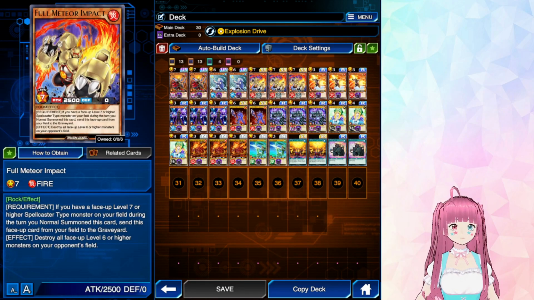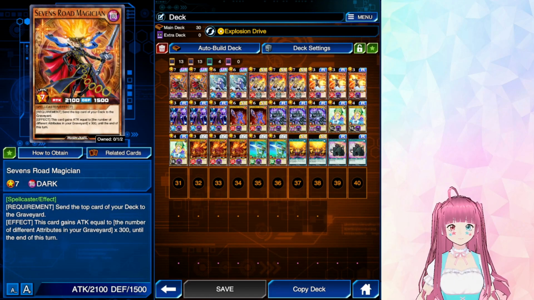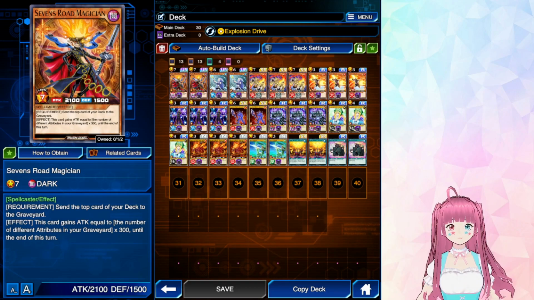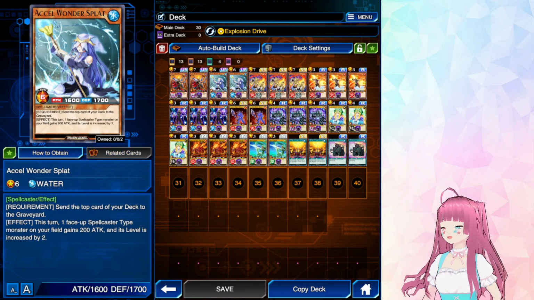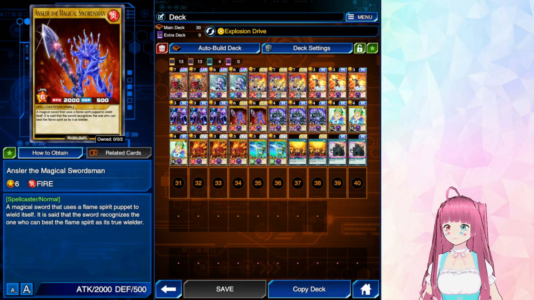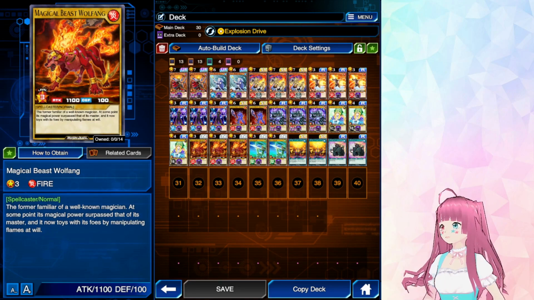Meteor Impact, a Rock monster, and a bunch of Spellcasters. Of course, Sevens Accel Magician is just as good here as it is in everything else, and the skill requires a level 7 or higher Spellcaster to get the full effect. That's why we have Accel Wonder Splat, which can raise its own level, and Ansler, whose level gets raised by 1 via the skill. We also have 3 copies of Fire Golem and Magical Beast Wolfang as additional fire targets